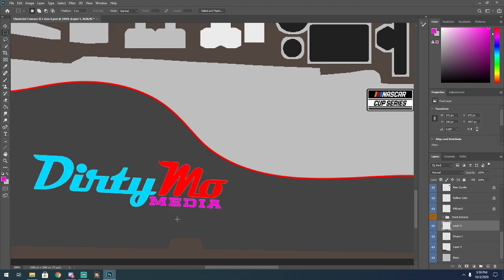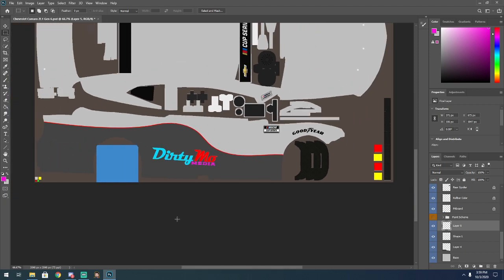Let's see if that looks better. Yeah, that looks a lot cleaner. So I'm gonna make this dirty mode media logo extremely chrome, and then I'll do some kind of an in between for the red stripe and the gray here, just to kind of break it up. Let me get rid of that